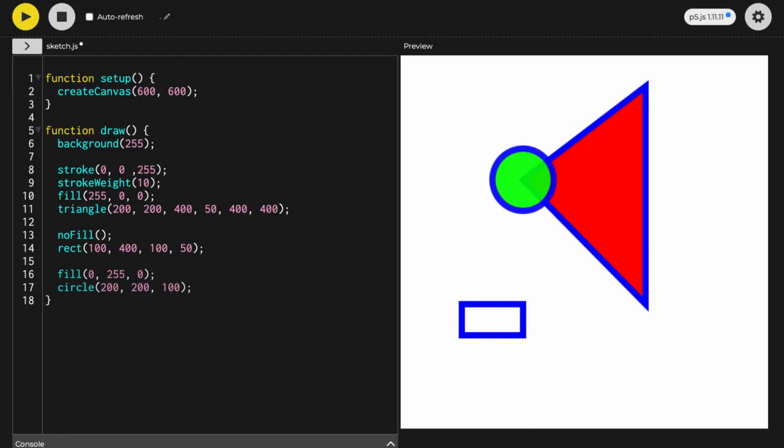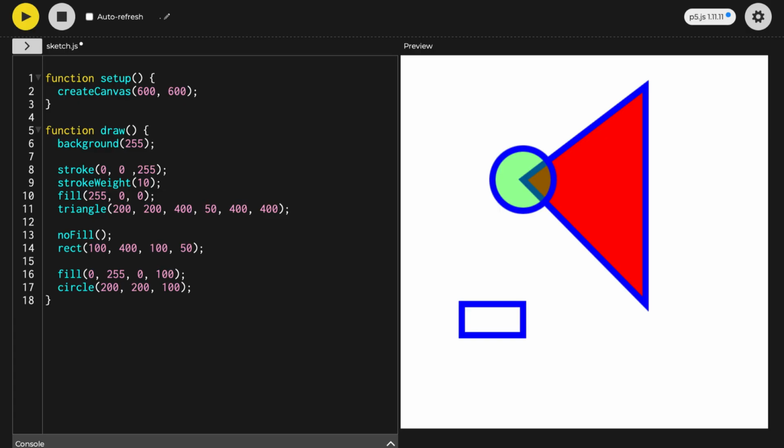First, draw a green circle overlapping the triangle. Next, make it transparent by setting its alpha value to 100. See? The circle is still green, but now you can see right through it. This is how we create shadows, ghosts, and, most importantly, glow effects.